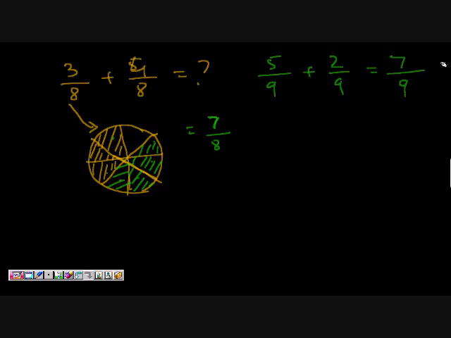So that's how you add fractions when the denominators are the same. In case when the denominators are the same, you just add the numerators together and then just keep the denominator as is. So that's equal to 7 by 9. Now what happens if